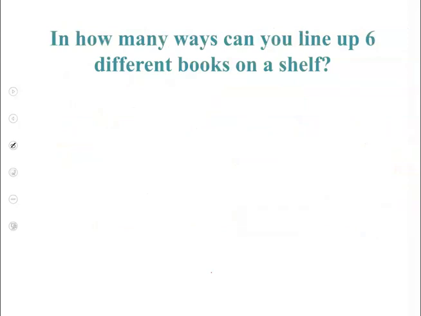In how many ways can you line up 6 different books on a shelf? What are we using? Factorials, permutations, or combinations? We're going to be using factorials because we're just arranging books on a shelf. So it would be 6 factorial, which equals 6 times 5 times 4 times 3 times 2 times 1, which equals